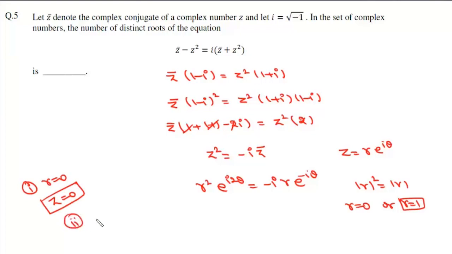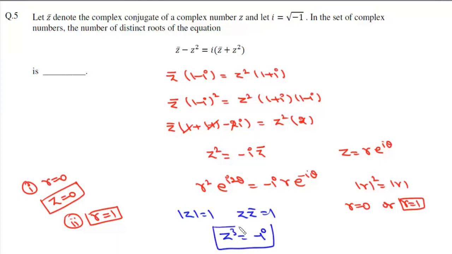Now for the second case, when r is equal to 1, then mod of z is 1. That means z into z bar is 1. We can write z bar as 1 upon z. So from here we'll get z cube equals minus iota, and this is a cubic polynomial in z, and its root is not equal to z equals 0. So we'll have additional 3 roots when the value of r is 1. So total number of roots of this equation will be 3 plus 1, and that is simply